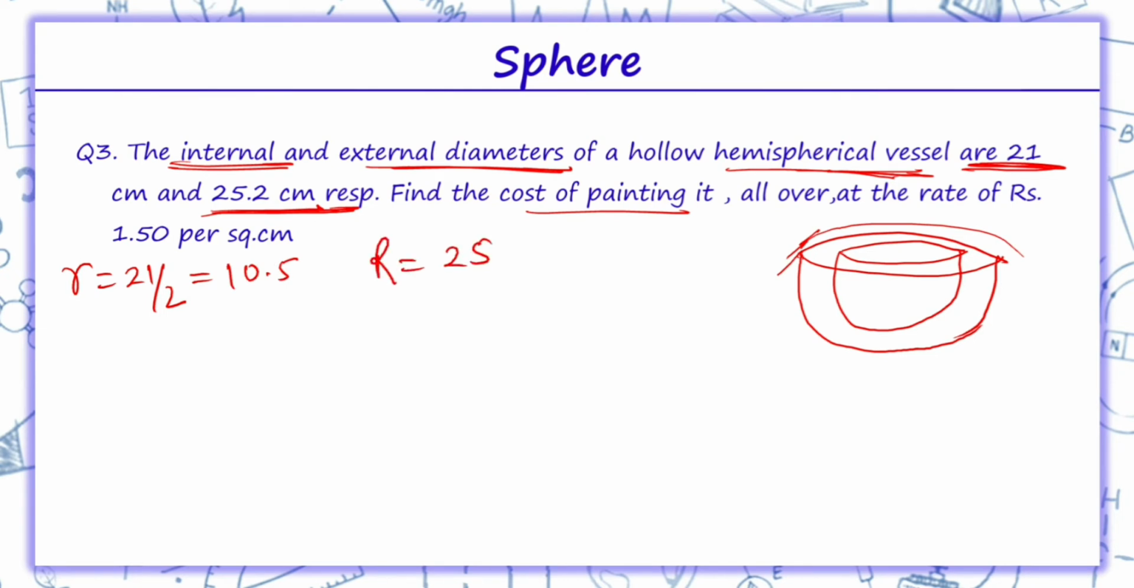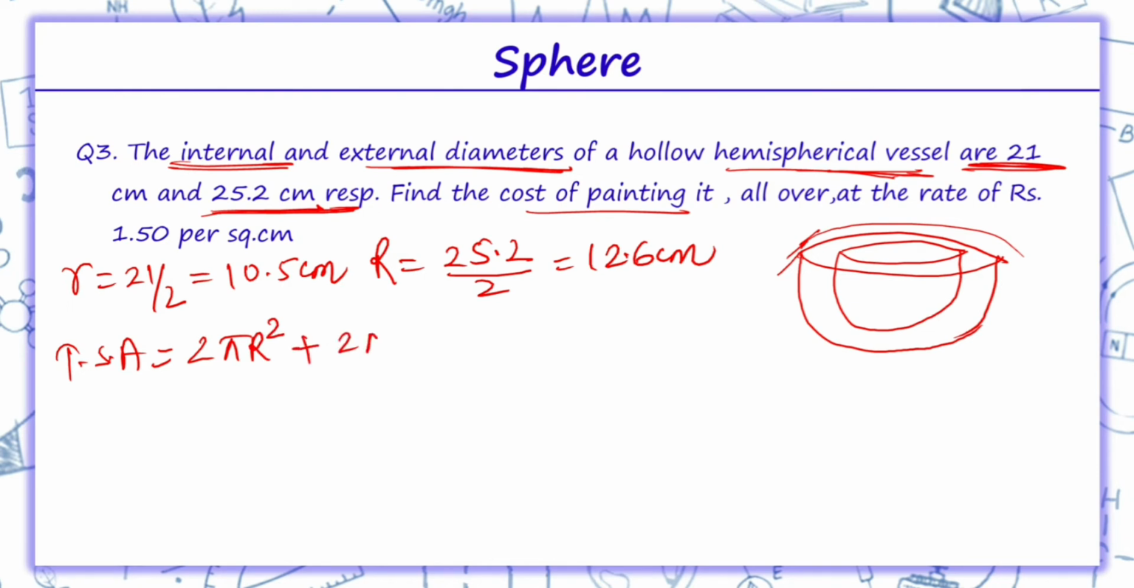So, internal radius is 21 by 2, that is 10.5. External radius is 25.2 by 2, that is 12.6 centimeter. Thus, we have to paint it. So, total surface area formula is external curved surface area plus internal curved surface area plus area of the ring which is formed at the tip. So, that is equal to pi into R square minus r square. So, on substituting the values over here, we will get